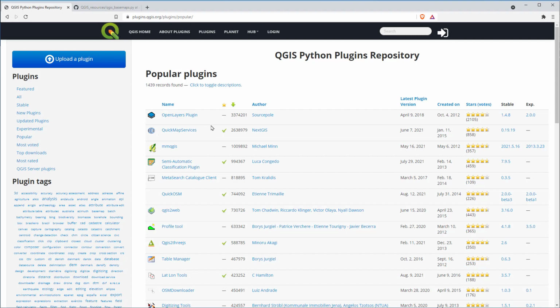Both of them provide base maps to QGIS. And the OpenLayers plugin is more popular than the second one. However, we notice that its latest update date goes back to 2018, and QuickMapServices still keeps updating this year. Based on this information, definitely, we're going to choose this one. This plugin brings more possibilities to use QGIS. When you are looking for a solution for your QGIS project, it is worth spending some time to do research on these